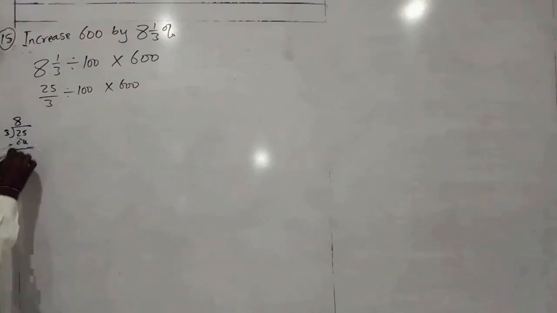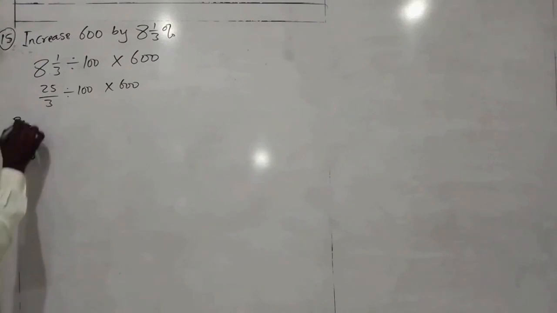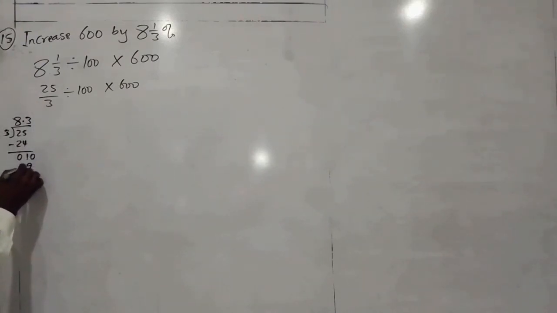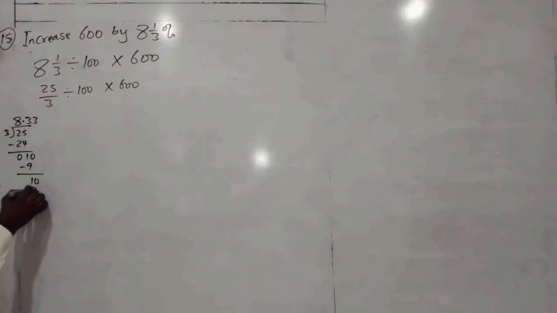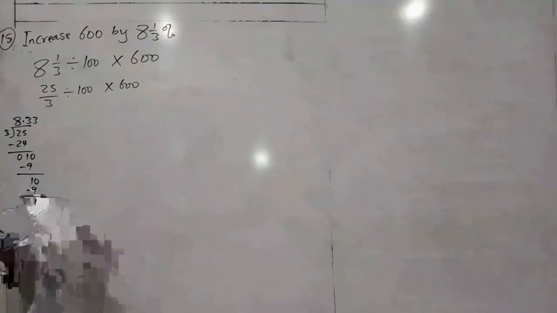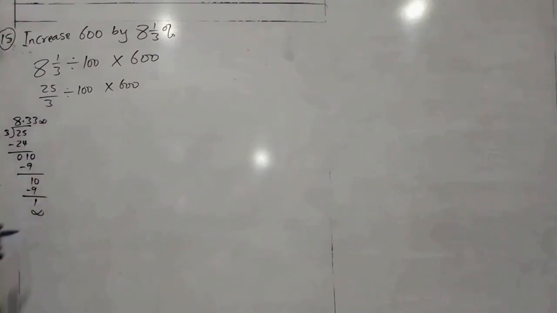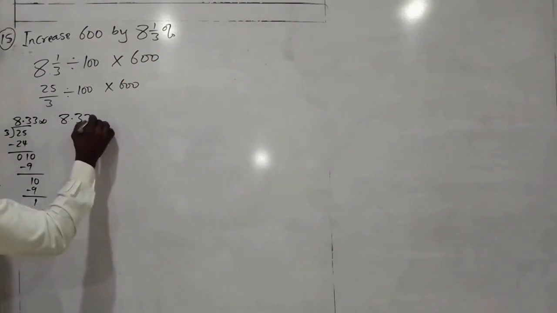That's 24, subtract 0. 3 cannot go in 1, put our 0 here. 3 in 10, that's 3. 3 times 3, that's 9. We subtract again, 1. 3 cannot go here. We add 0 again. 3 in 10, that's 3. 3 times 3, that's 9. We have our 1. So in this case now, just put your what? Your infinity sign. That means we'll be having 8.33333. So we just stop at 8.33 divided by